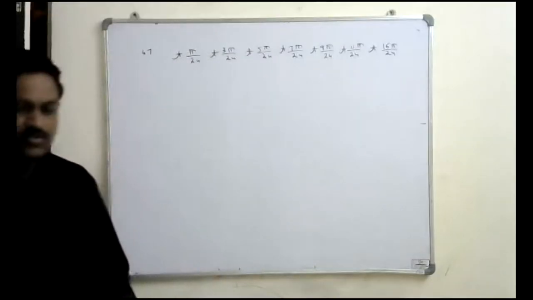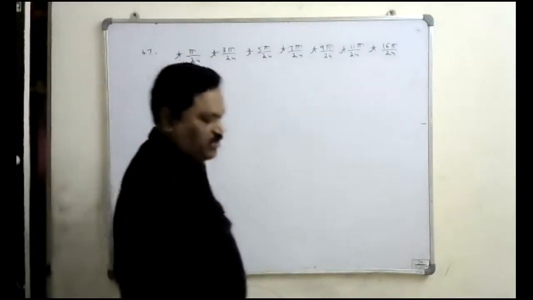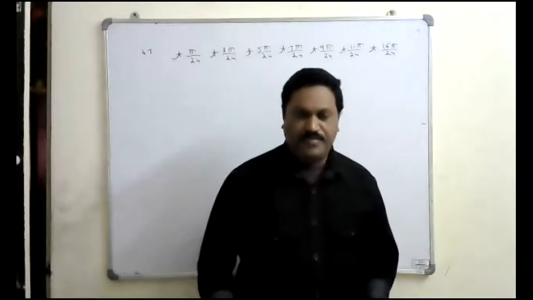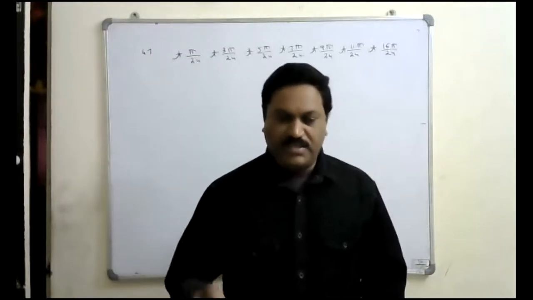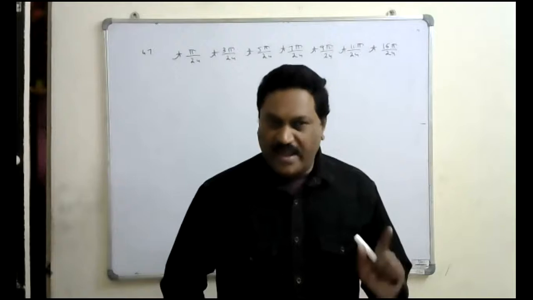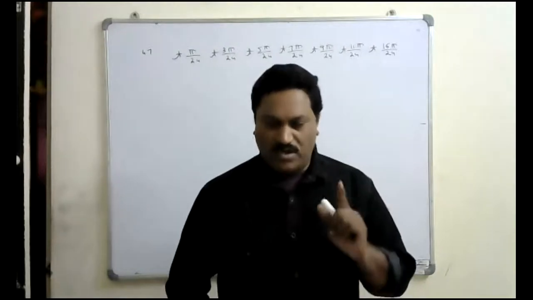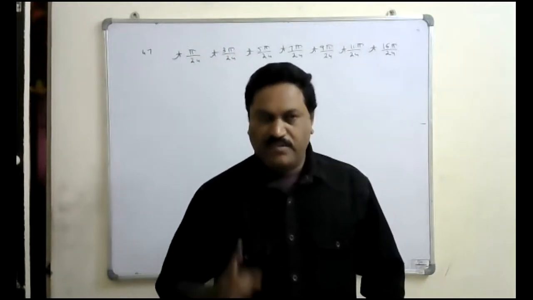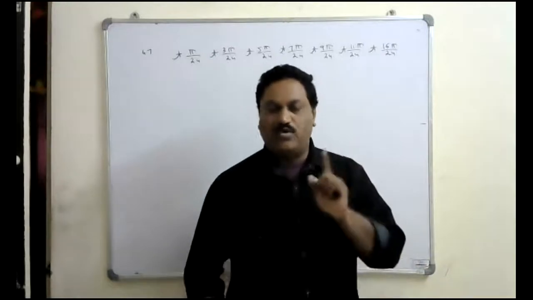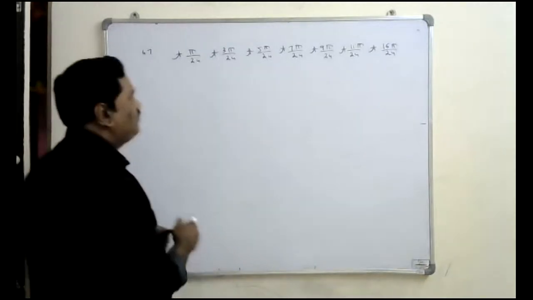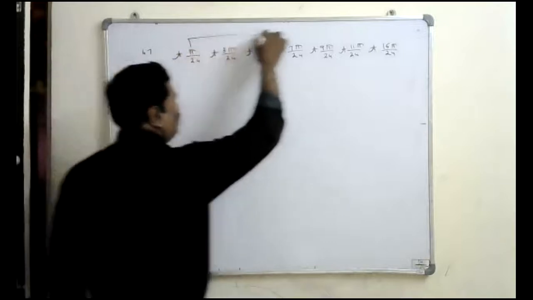Okay. So to find this, here I was given one result to you that if A plus B is equal to 90 degree, then tan A into tan B is equal to 1. That's the result I was given. If A plus B is equal to 90 degree, tan A into tan B is equal to 1. So here observe this first angle and last but one angle.